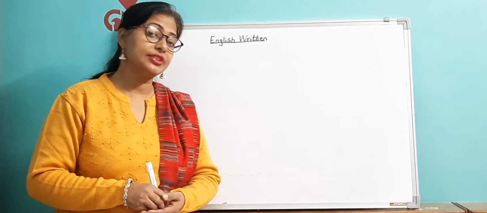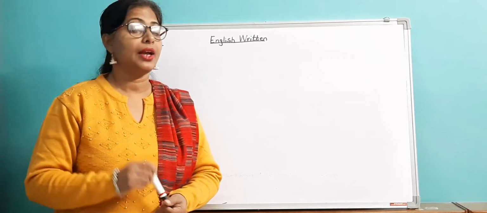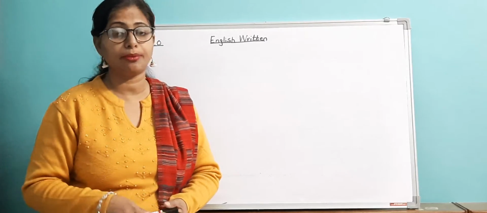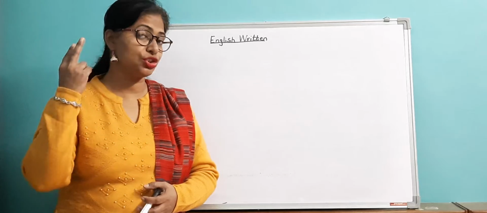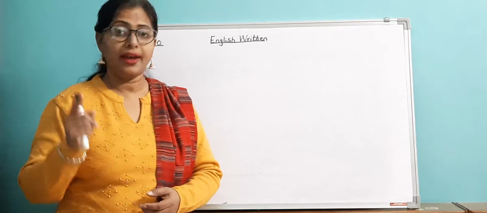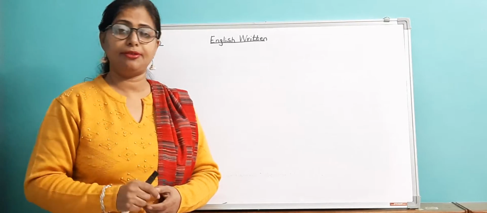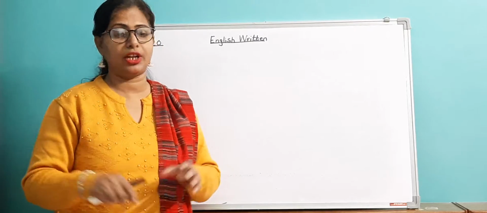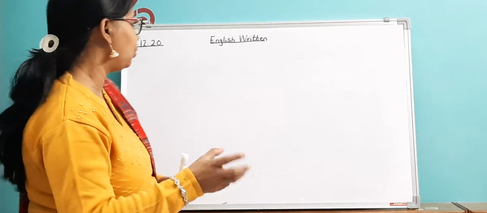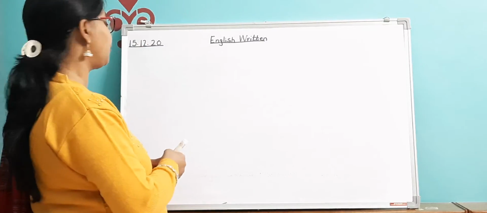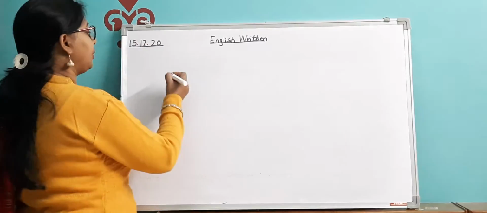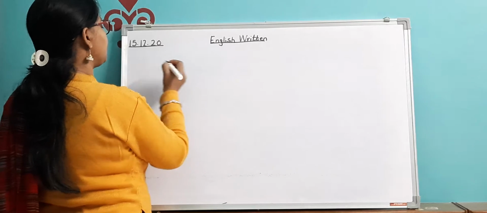Now after L which alphabet comes? After L comes M. So today I will be teaching you two alphabets, M and N, and I will be teaching you how to write within the four lines. But before that we are just quickly going to see how to write these small alphabets. I have already taught you, so we are just going to revise it.